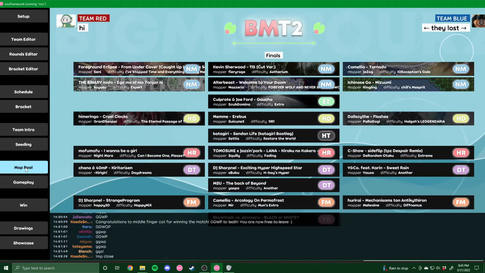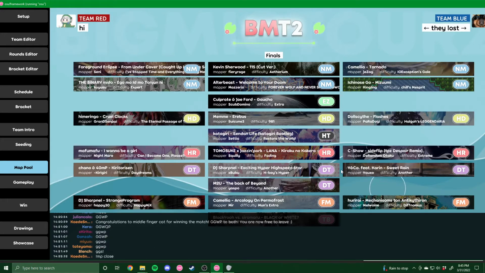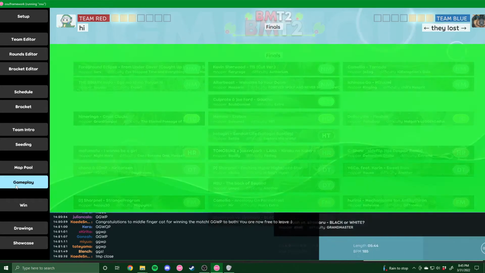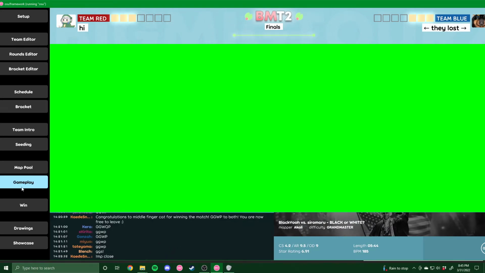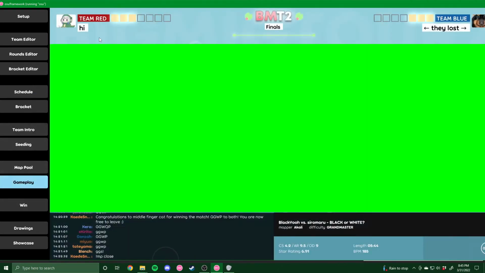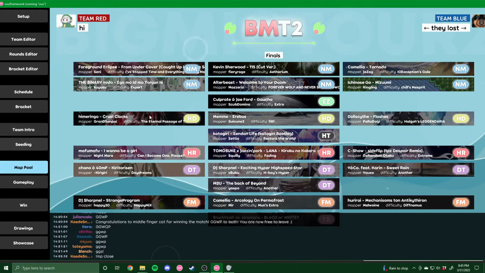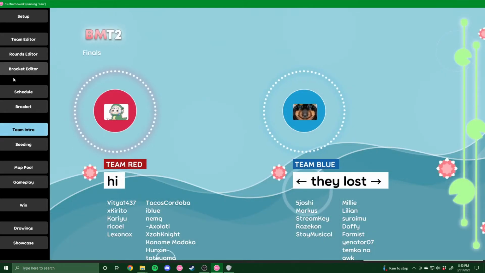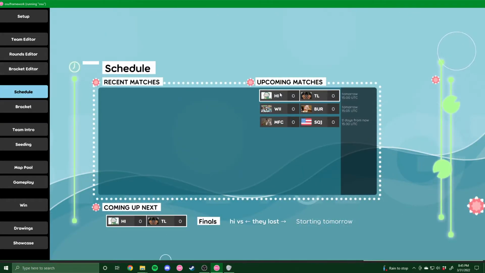But if I go back to the map pool screen right here, it's still got all this information. Why? Because the match has already started. So it's still operating off of previously cached data, off of data that has been locked in for that round. But now, if I go back out to here, and I can even do it from the gameplay tab, right? I can at least remove the scores from the gameplay tab. It's still started for the match, right? And I've still got all the information here. But if I go back out to the schedule tab and I unstart this now,